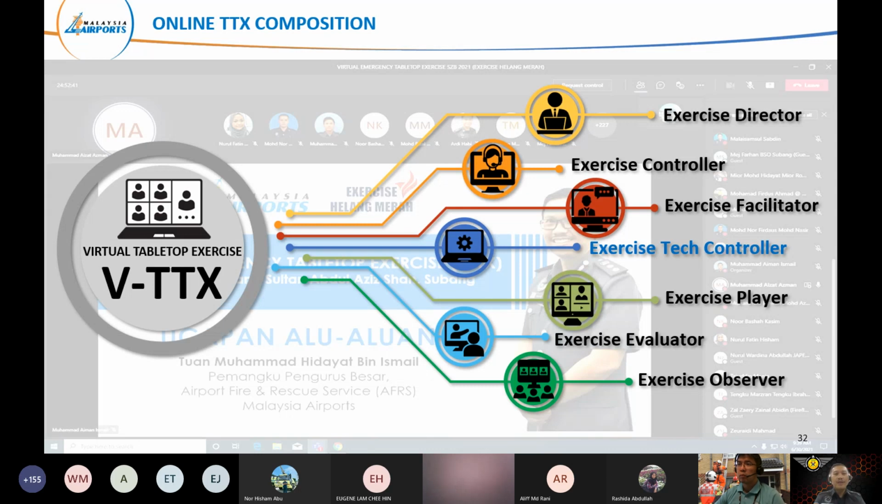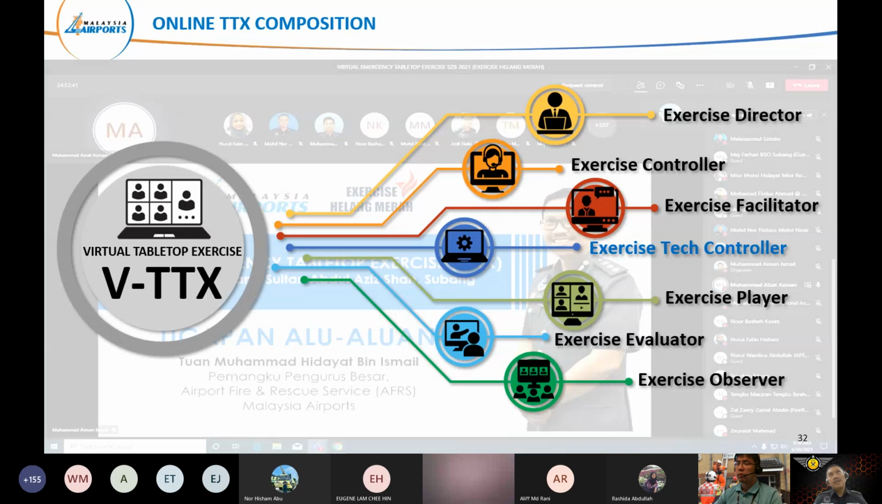Definitely will prolong. We cannot complete or end the exercise as scheduled. But the most important, the blue line in the middle of the slide is the exercise type controller. So the controller will consist of, like what we did last week,